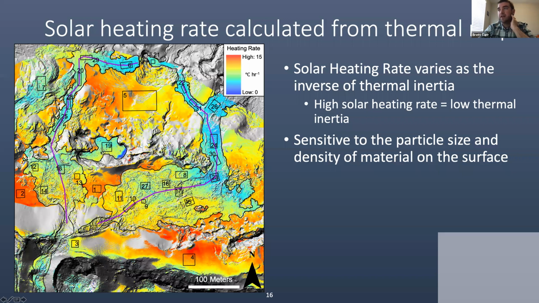And so you could create this heating rate map. You could do your 3 flights. You have to wait a certain amount of time for the surface to heat up through the solar input, but then you can crank it through Agisoft, and then I do the heating rate calculation in MATLAB. And so with the thermal data, it's probably something you could do the flights in the morning and maybe have a heating rate map certainly by the next morning, if not that evening. And then if you have a visual DEM,